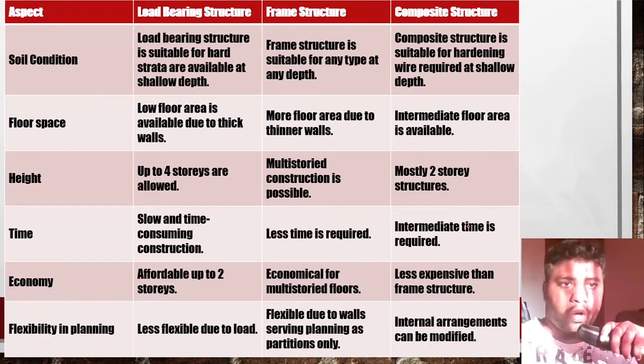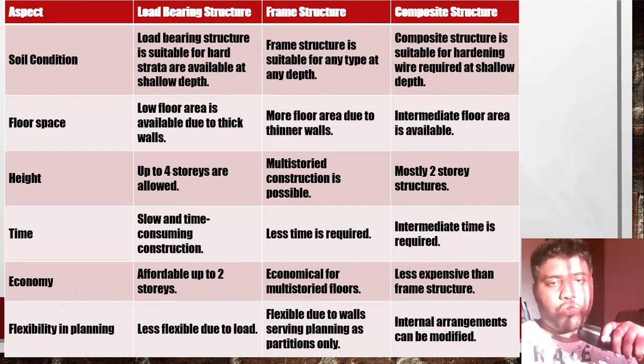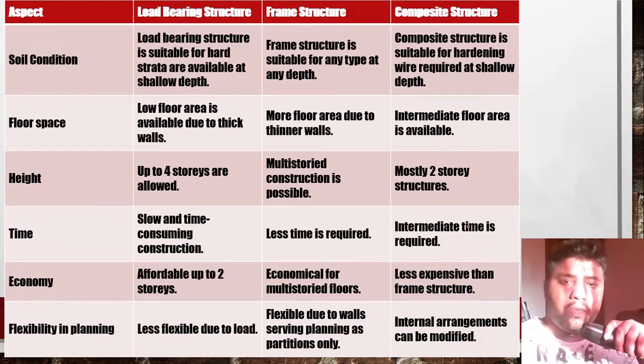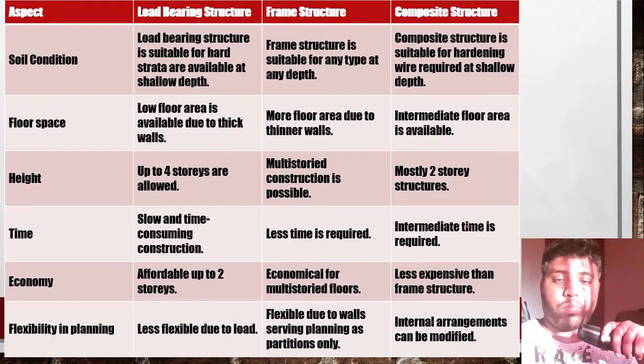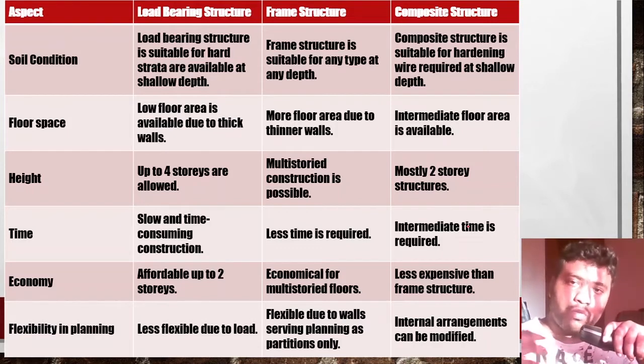According to soil conditions, frame structure is suitable for any type of soil at any depth. We can go for 25 feet of depth or 50 feet of depth; for any kind of depth, frame structure is suitable. Composite structure is suitable where hard strata is available at shallow depth. See, you have planned the construction of a four-story building or a very high building, but